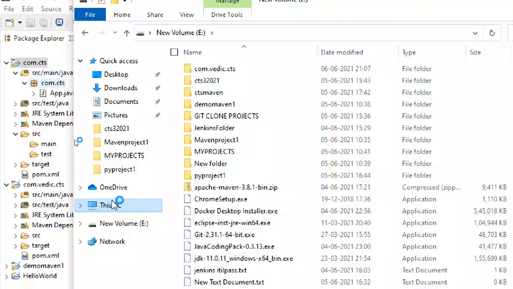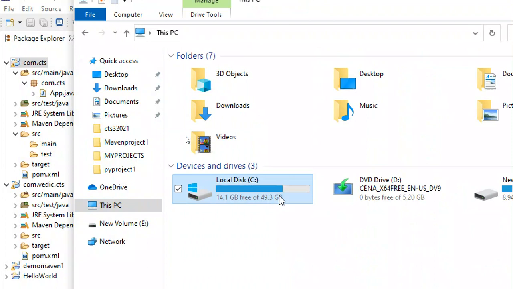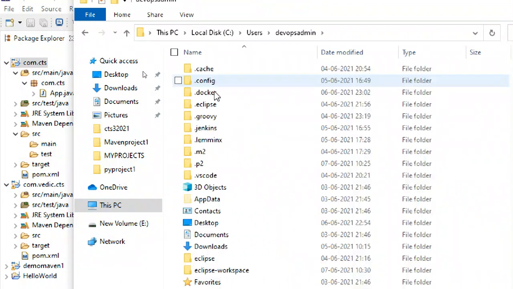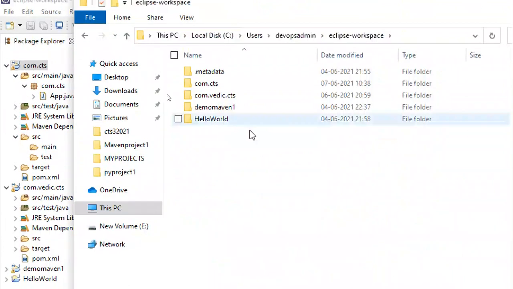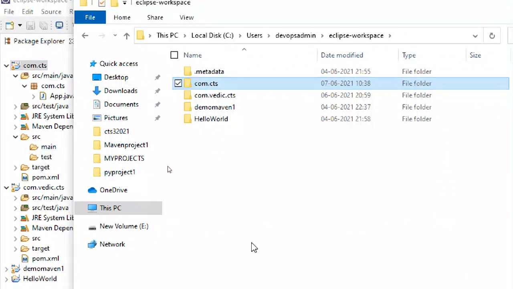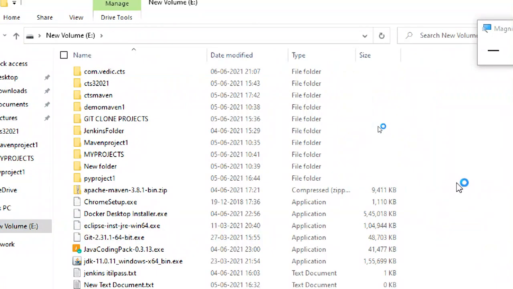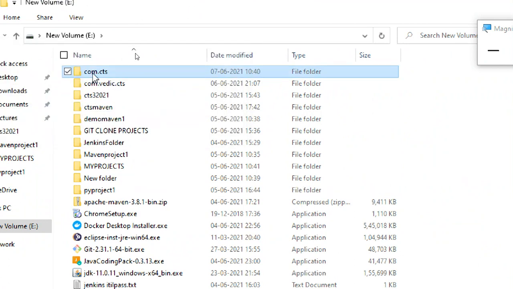It is located under Users, username, Eclipse workspace. This is the location. This is our project file. Copy it. Don't cut it. Just copy it. I put it in the E drive for testing purpose. I don't want to test there.